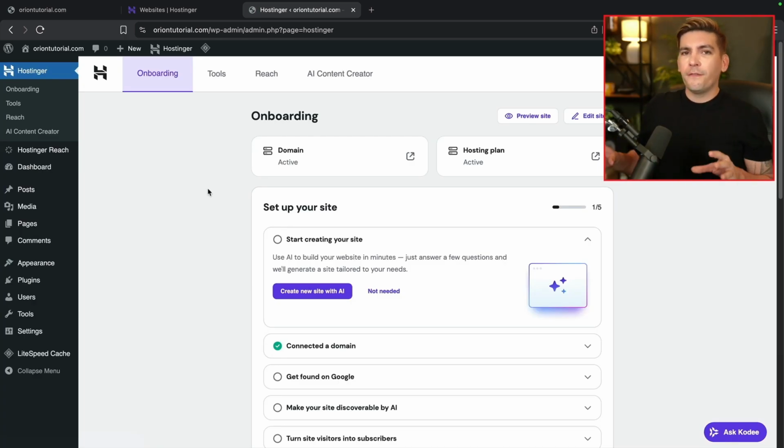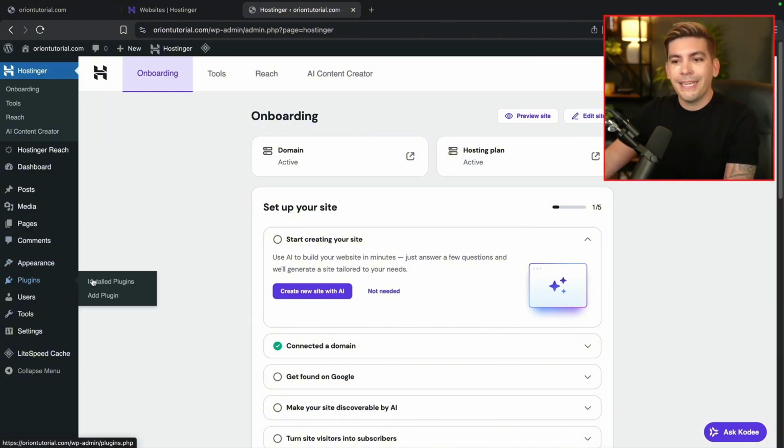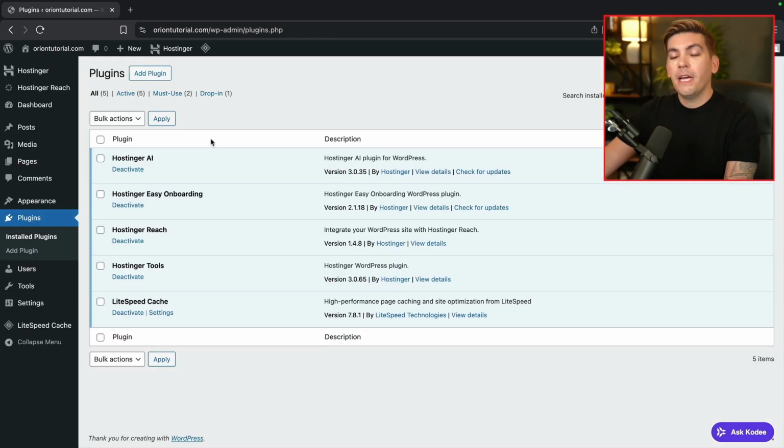Now, before we go on any further, I do wanna adjust some settings and I also want to disable some plugins. The first thing I wanna do is go over here to plugins and click on install plugins. Now these plugins are automatically installed when you install a fresh installation of